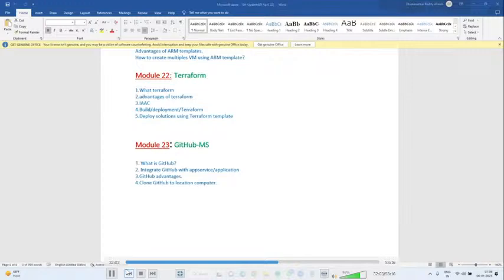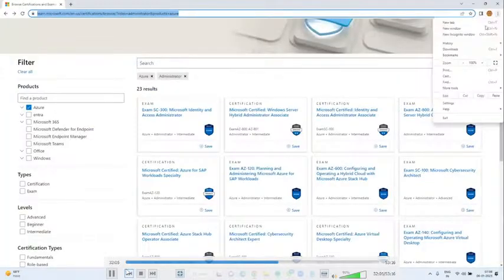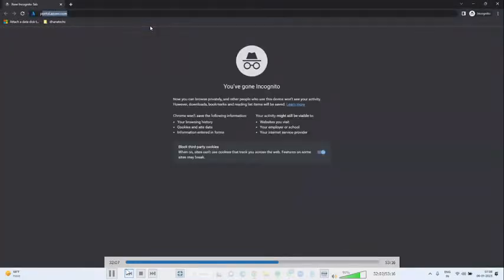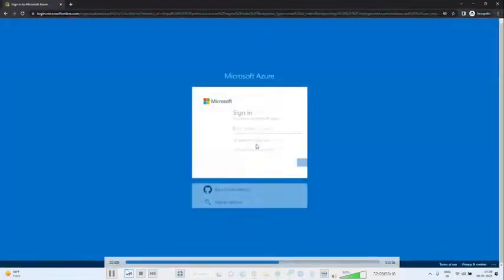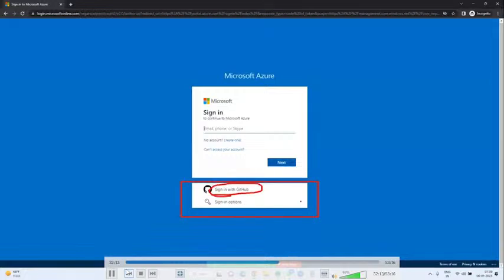That's why, to access the Azure portal, if I type portal.azure.com, here it is showing sign in with GitHub. Just in 2021, Microsoft purchased GitHub.